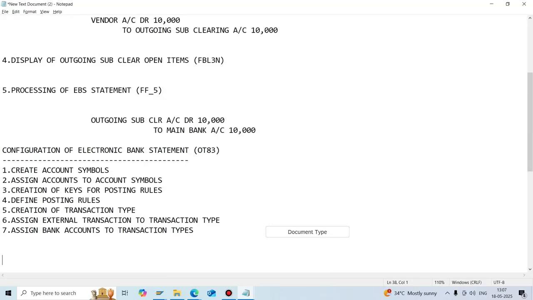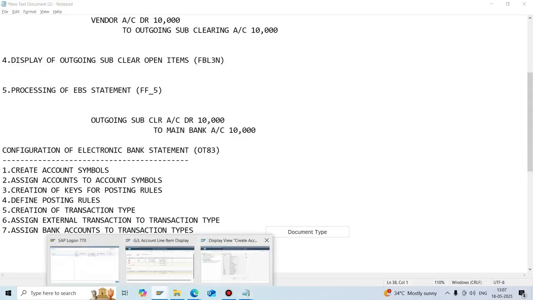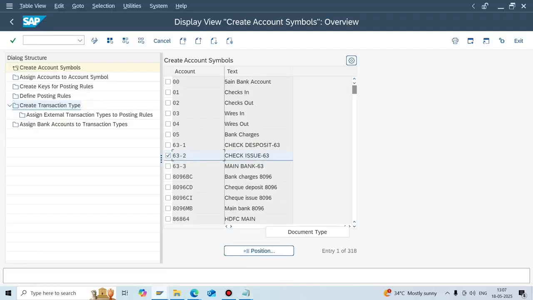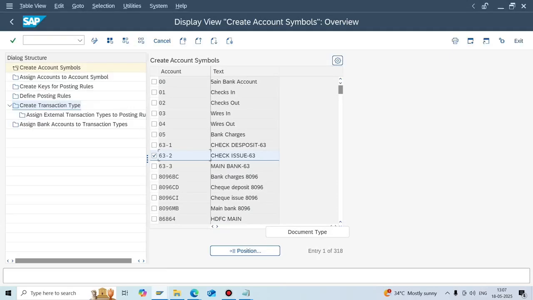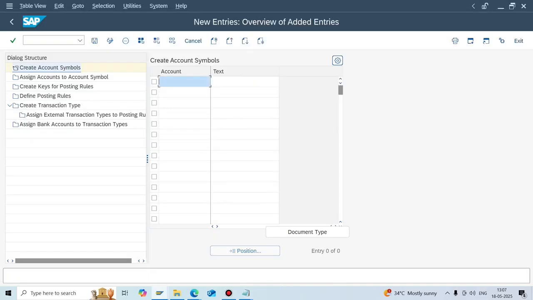So the system won't pick these GL accounts automatically. So what you need to do is go to OT83. First we'll create some account symbols. This is in display mode. First click on new entries. Click on new entries. My company code is N702 now. So give N7